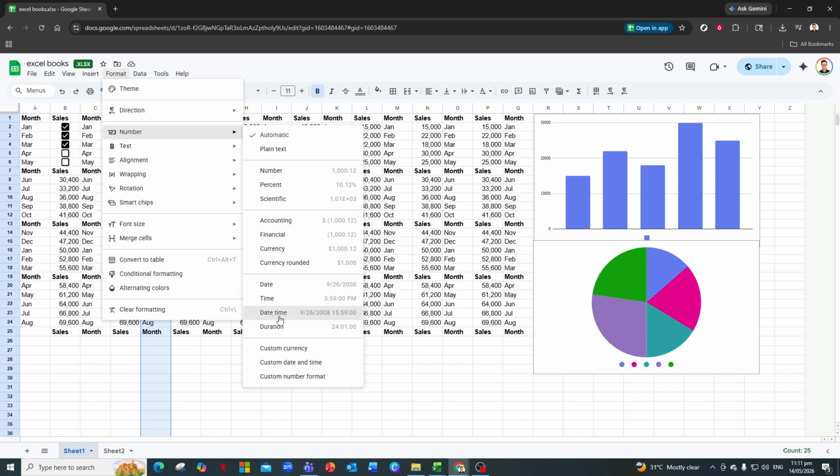You can choose one of the preset date formats here, like a short numeric date, or a longer, more descriptive format that includes the month name. As soon as you click a format, your selected cells will update instantly, so you can see the change right away on your sheet. If none of the preset options match exactly what you need, you can create something more